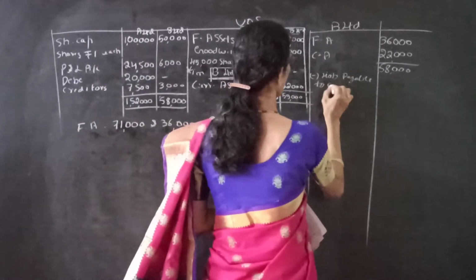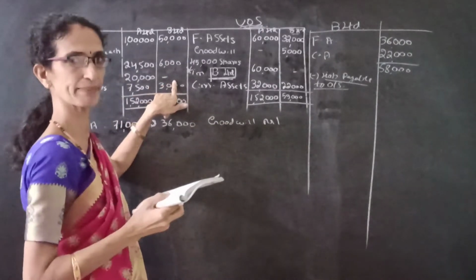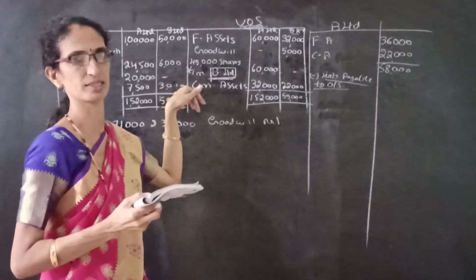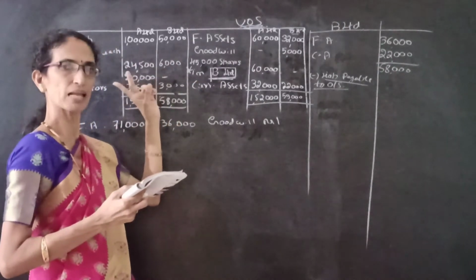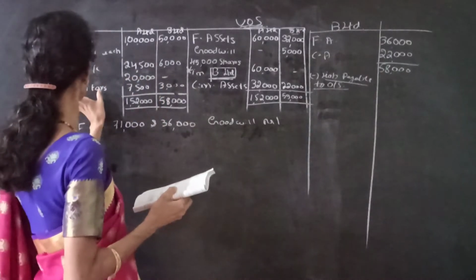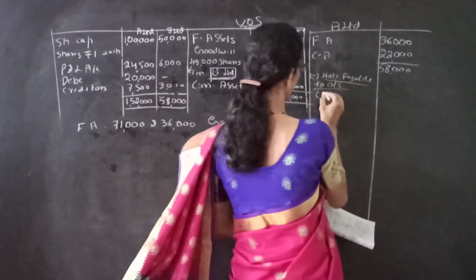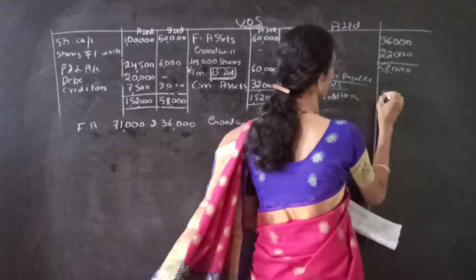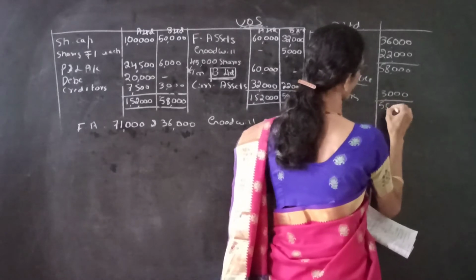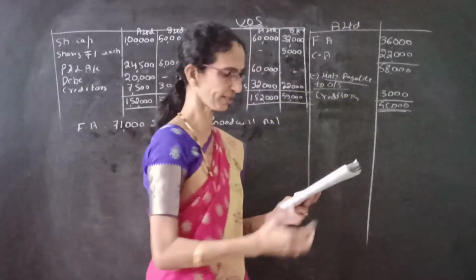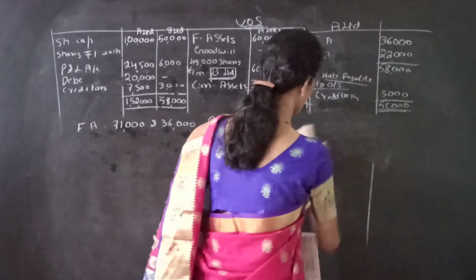See here, the liability side. Debentures of B Limited is dash. Creditors 3,000. So debenture is not given, dash. So there are two liabilities payable to outsiders, debentures and creditors. Debentures in B Limited is dash, and creditors is 3,000. So we write only one liability, that is creditors 3,000. Deduct it, we get 55,000. Now we have to find out the intrinsic value of B Limited.